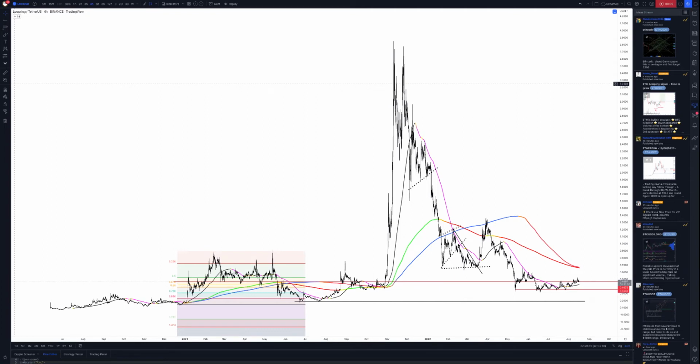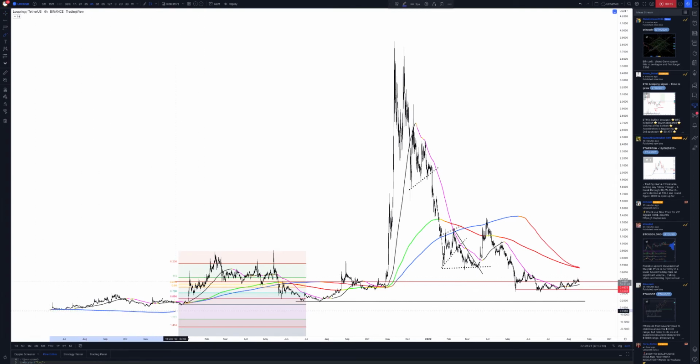Loop ring's done very well in the past, and usually when you look at this chart, the thing you need to take note of is the longer it takes to accumulate, the higher it can go. Again, the longer it takes, the higher it can go. So obviously,